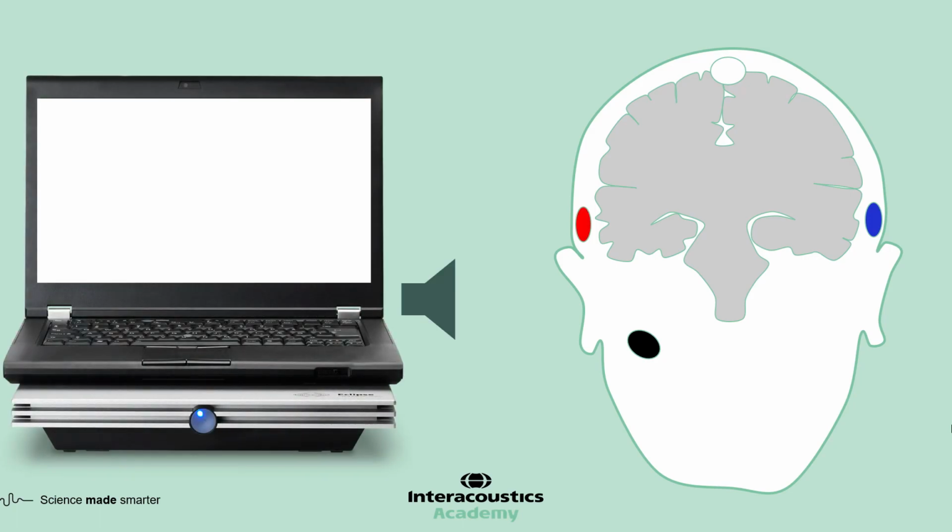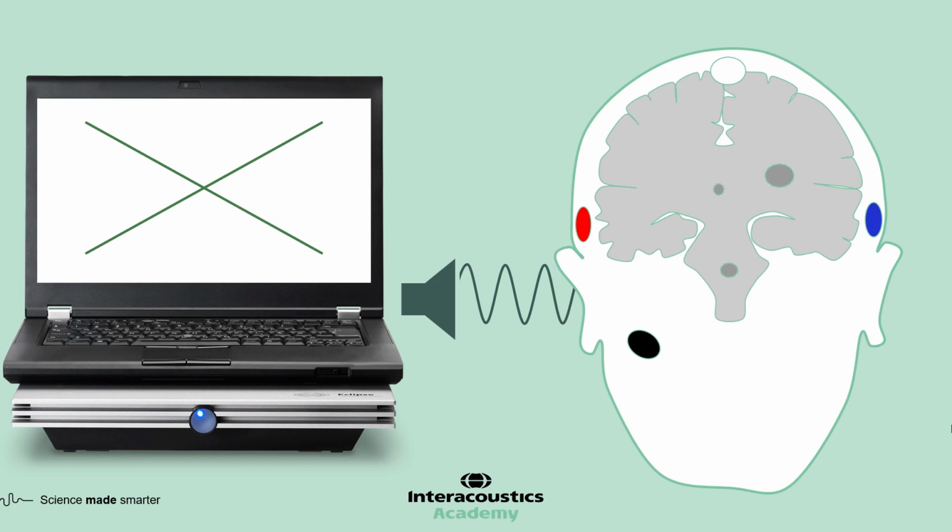Many different stimuli can be used to elicit the ASSR, but the most common are narrowband CE chirps or pure tones. When a single stimulus presentation is delivered to the ear, it travels along the hearing pathway and is heard in the brain. However, the brain activity associated with this response is so small that it cannot be recorded using